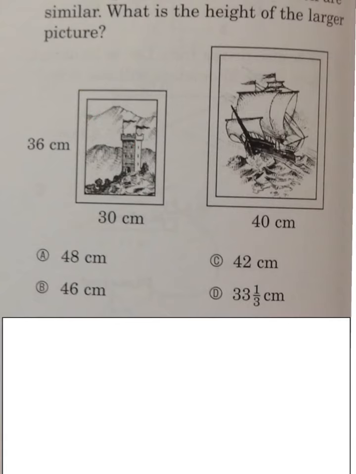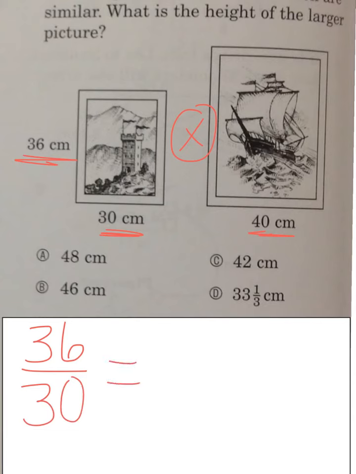18, the two pictures in the illustration are similar. What is the height of the larger picture? So similar means that they're not the same size, but their sides are proportional. We have a height here of 36, and we need to find the height of the larger picture. Then we have a width of 30 centimeters and a width of 40 centimeters. So we can set it up that the height, 36, over the width of the first picture, 30, will be equal to the height that we don't know of the larger picture over the width of the larger picture was